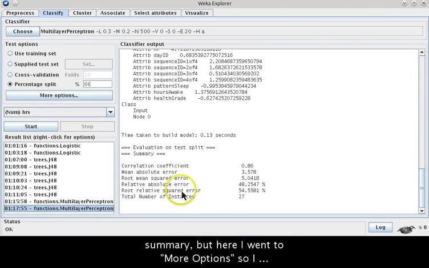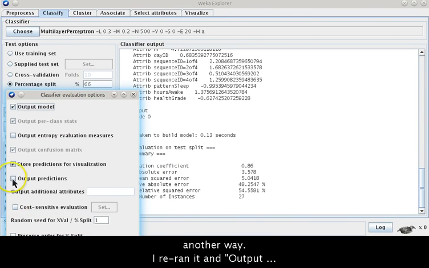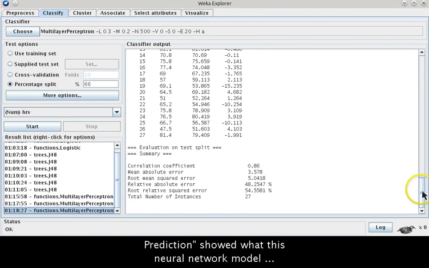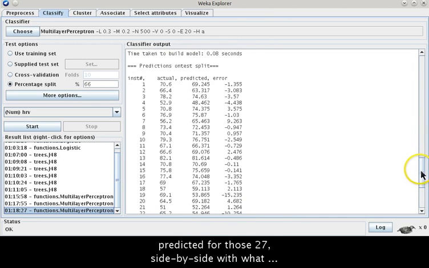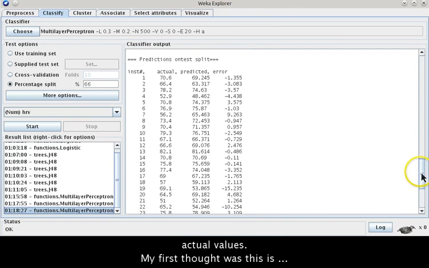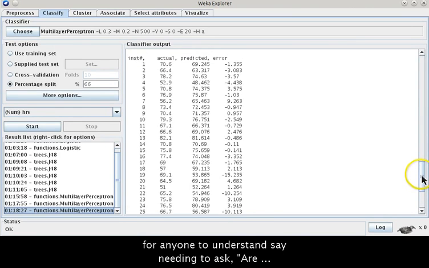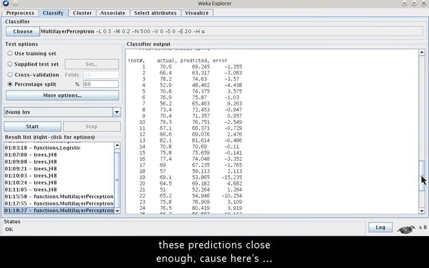Error statistics were in the summary, but here I went to more options so I could output predictions and see accuracy in another way. I reran it, and output predictions showed what this neural network model predicted for those 27 side by side with the actual values. My first thought was this is the kind of thing I can paste into a spreadsheet for anyone to understand,